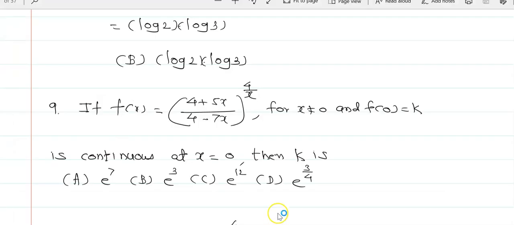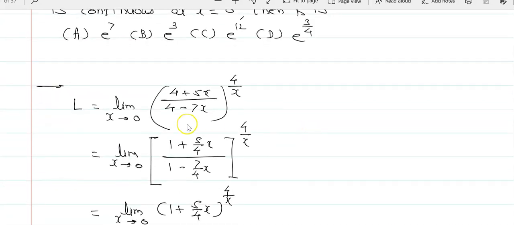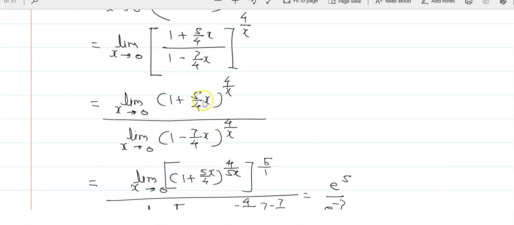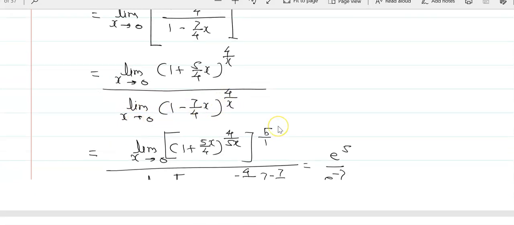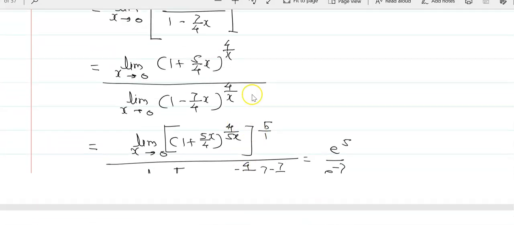Now again see this here. Again divide numerator and denominator by 4. That is 1 plus 5x upon 4, bracket is to the power 4 upon x. Limit x tends to 0, 1 minus 7x upon 4, bracket is to the power 4 upon x. Adjustment: what is here? That is 4 upon x is already there, we have adjusted only the 5, that is a 4 upon 5x. We adjust here 5, and to the next,